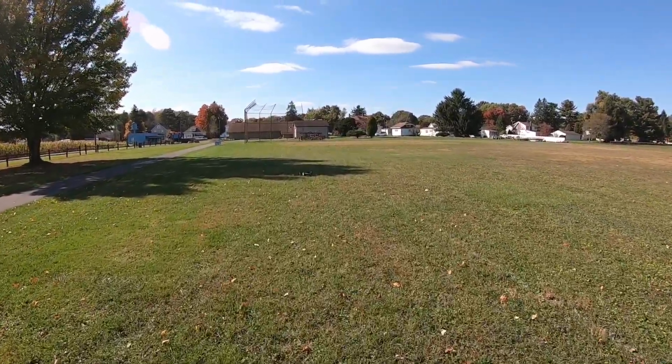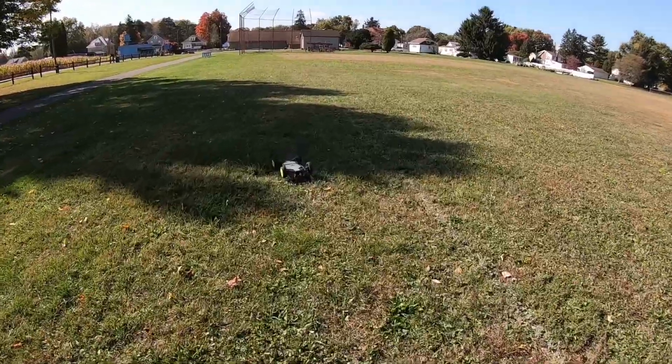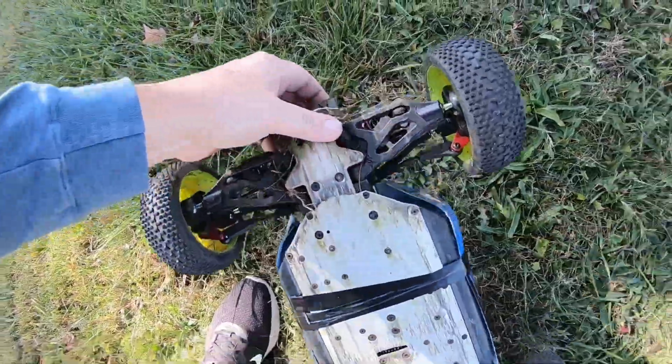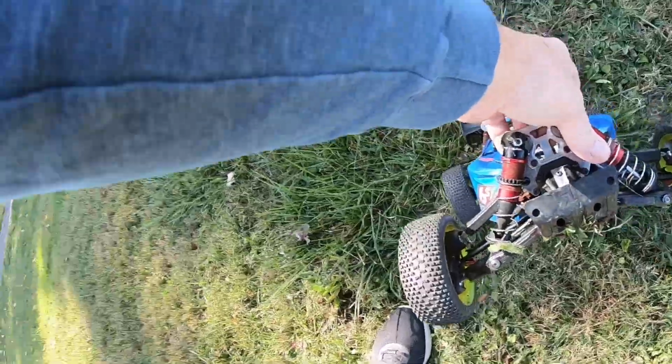I don't know if the camera caught that noise, but there's definitely a tire that's not happy. I'm not sure which one. It's weird as I heard it. However,